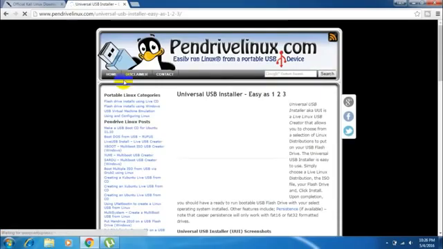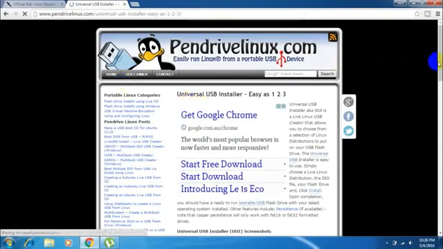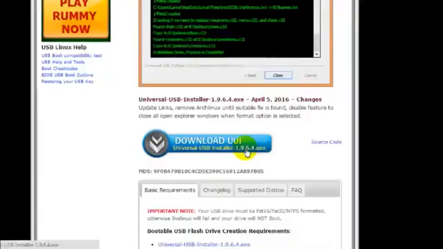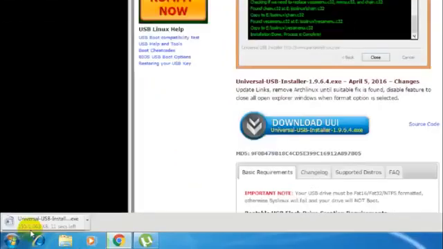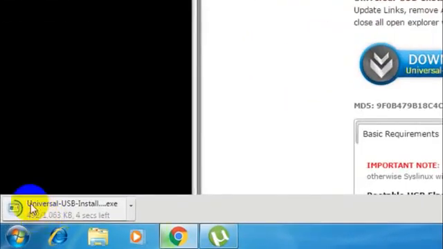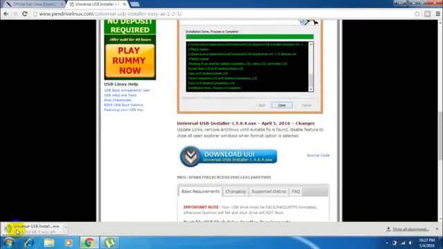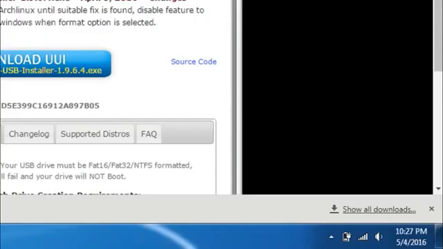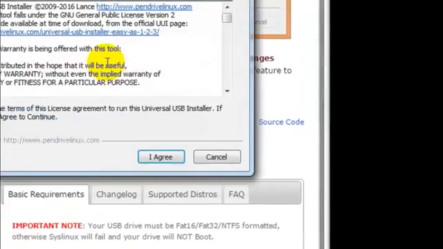So here's the website, and you need to download this tool, the universal USB installer. So just scroll down and click on the download button. It says download UUI, so just click on the download button and it should start the download automatically. So here is the universal USB installer. So once the download is done, open the downloaded file by just clicking on it, and it asks you for administrative rights, so just give it the administrative rights, and